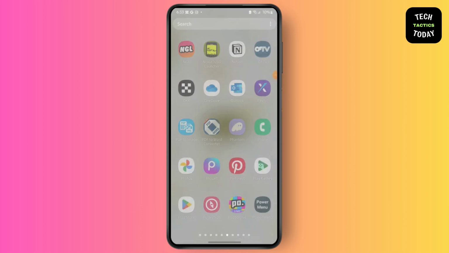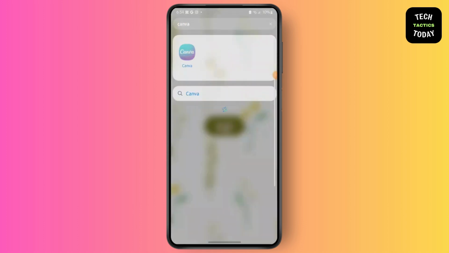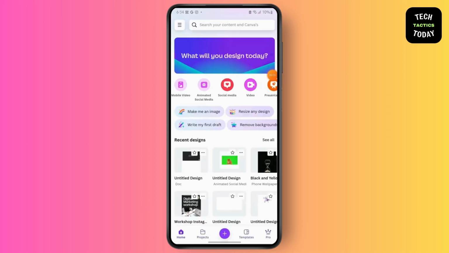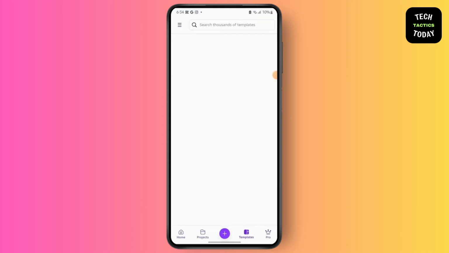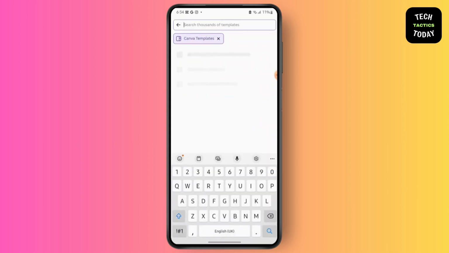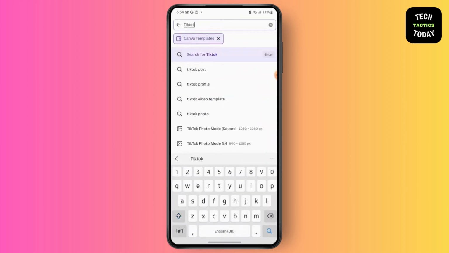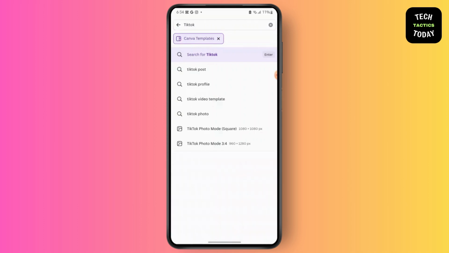So first, launch your Canva application. Wait for the application to load. Now you have reached this interface. You will have to go to templates and over there simply search for TikTok. Then go to TikTok video template